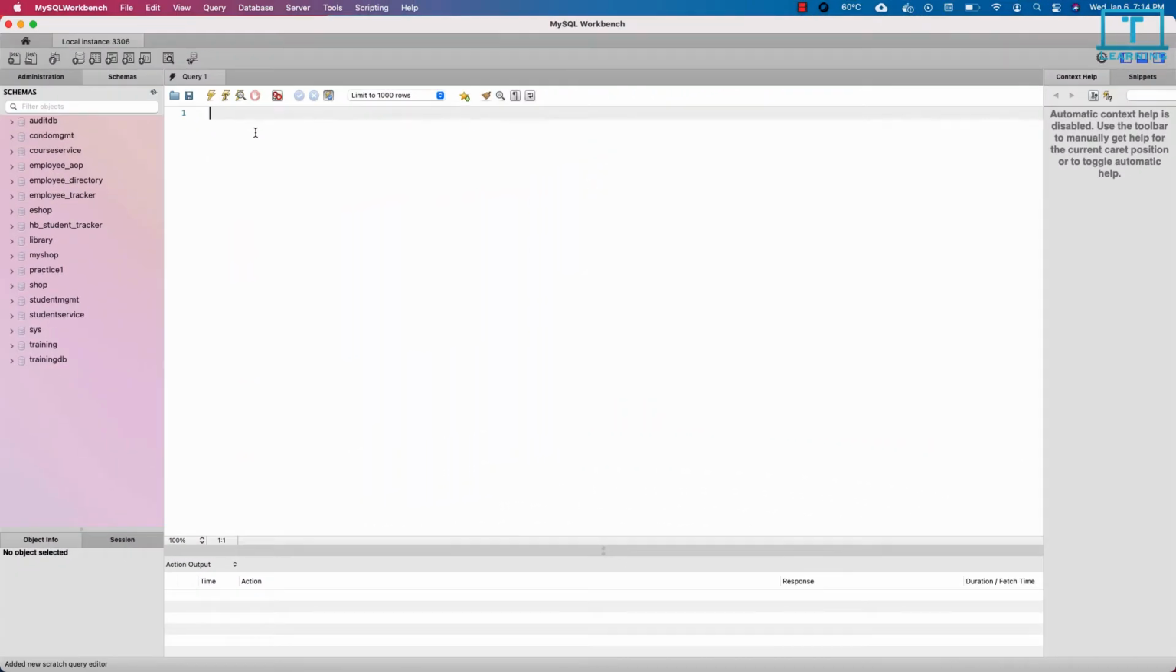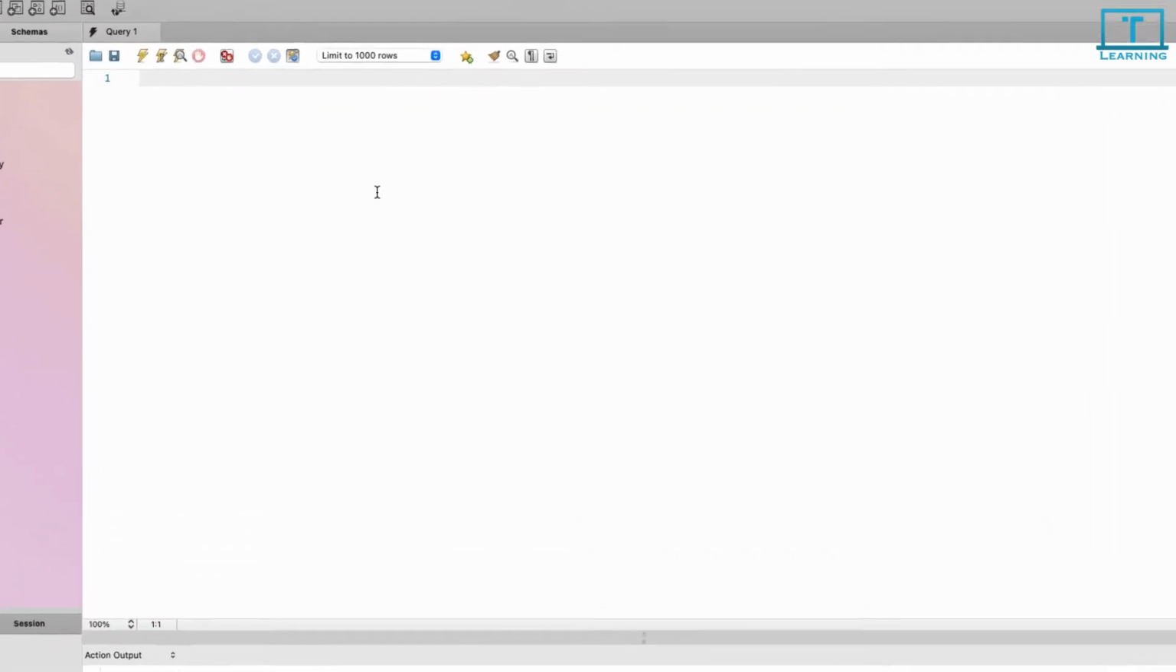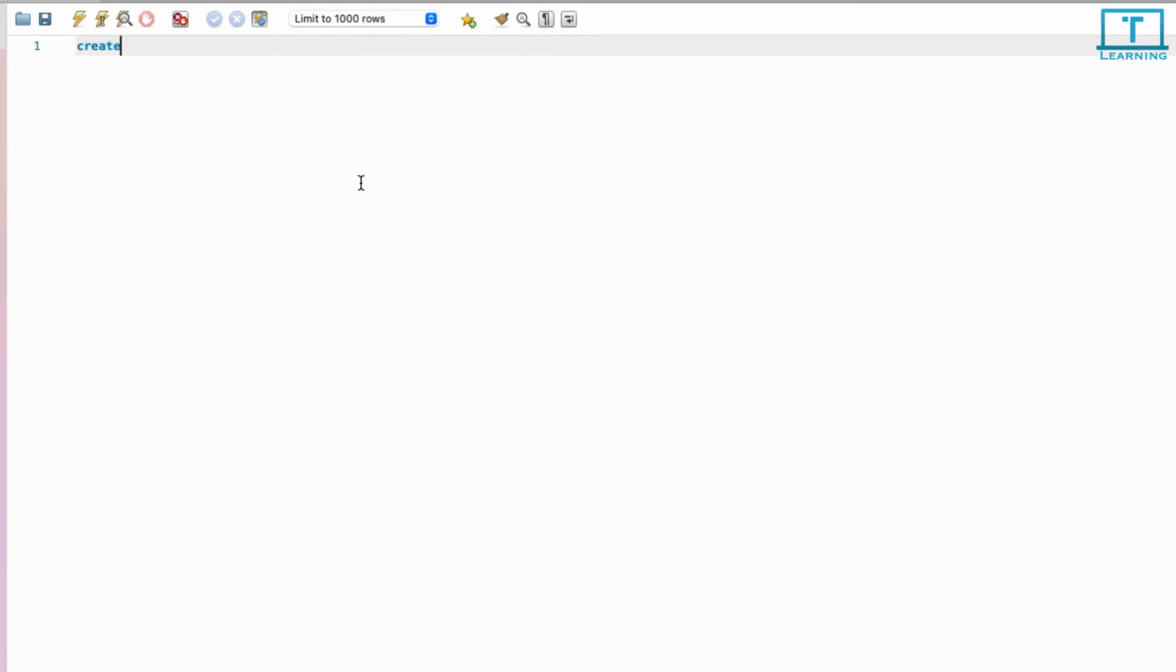First of all, let's create a database. So I'm working with MySQL Workbench for connecting to MySQL. You can use create schema or create database. Let's name the database as training. All right. So we have so many